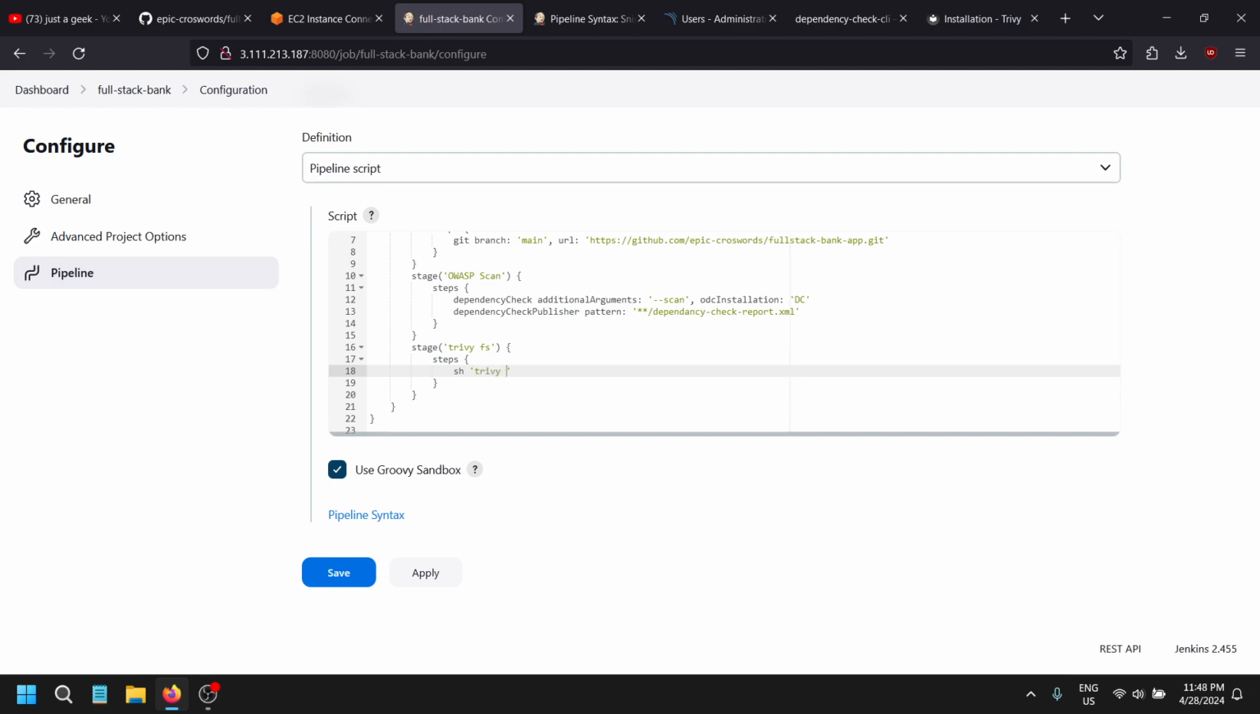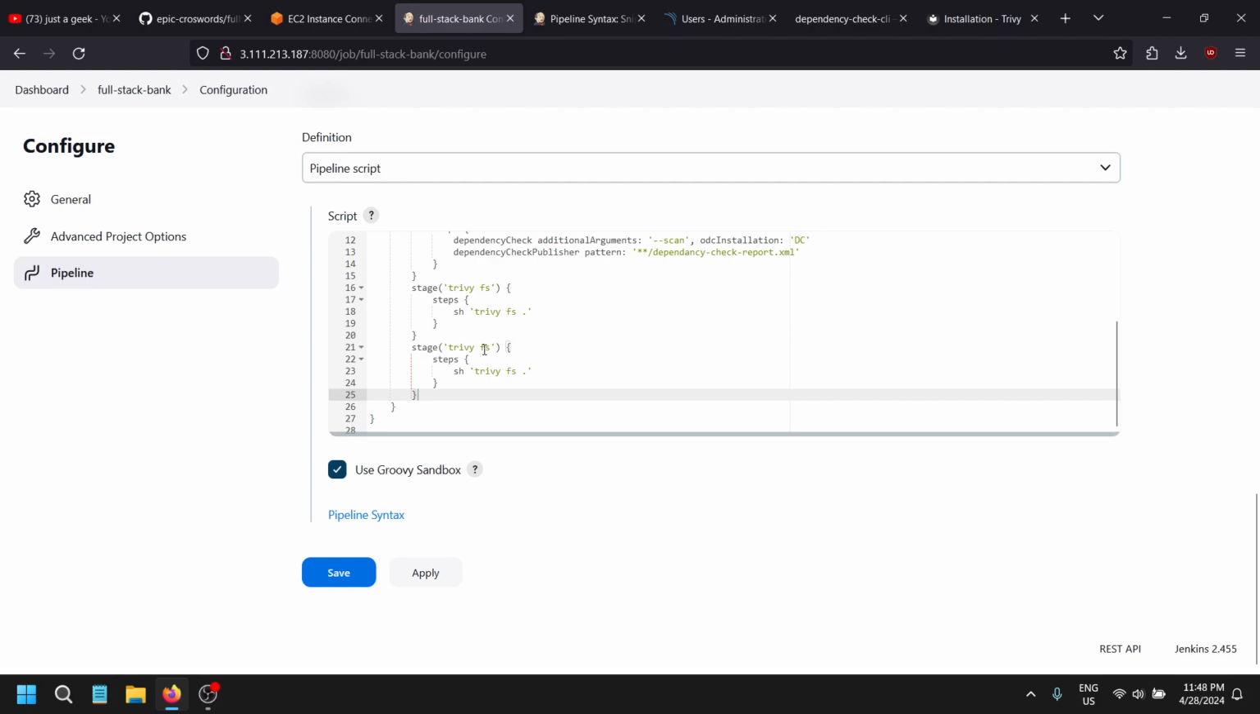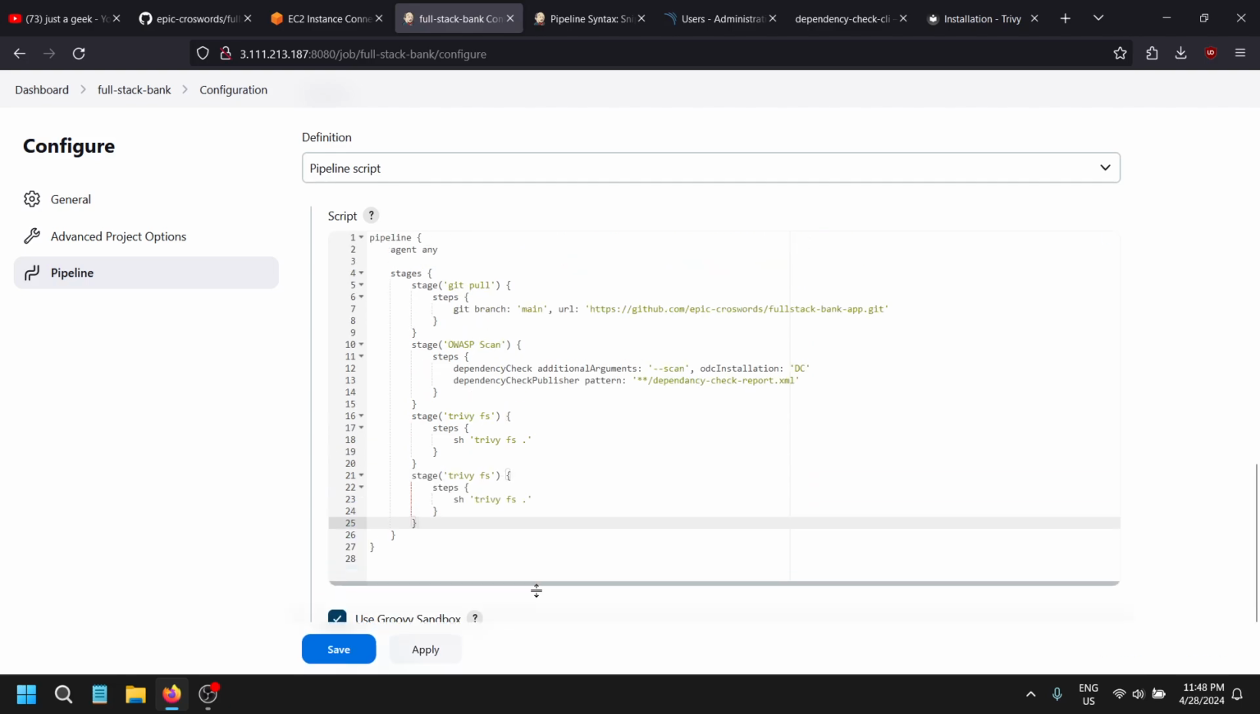So the command is trivy fs, file system scan at the top. It will scan from the root folder itself. It will do the automatic scanning for us. So this thing is done. But how many steps have we created? The OWASP git pull, the OWASP security scan, the Trivy file system scan. Now we need to do